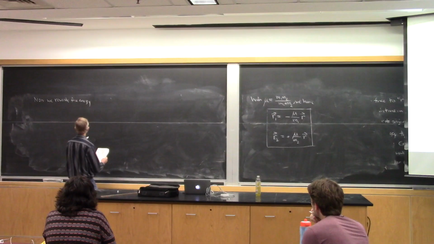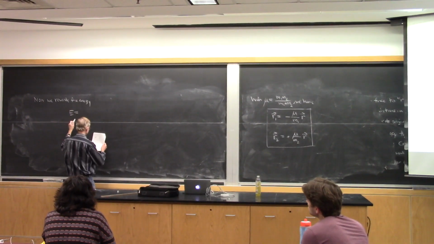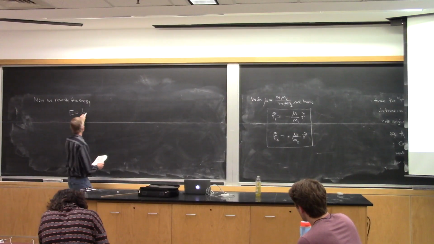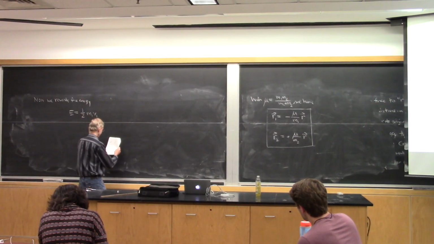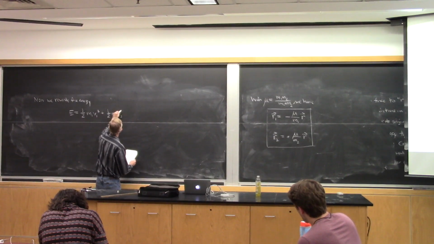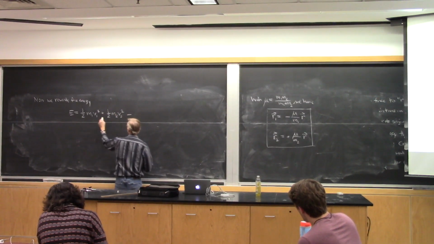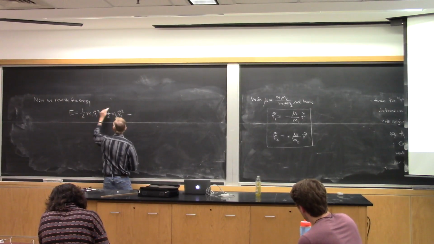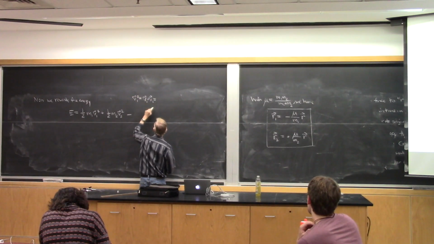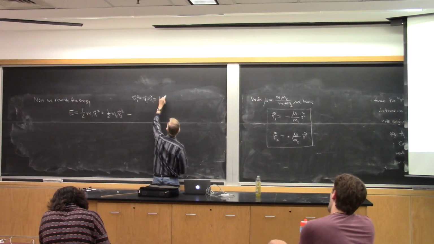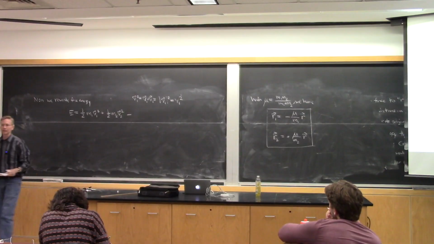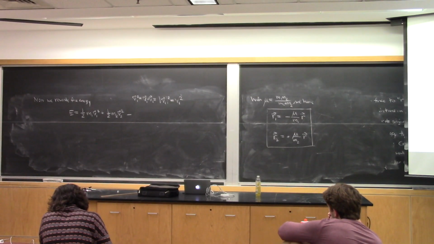So now we rewrite the energy. Capital E is the sum of the two kinetic energies, 1/2 m1 v1 squared plus 1/2 m2 v2 squared. And when I say something like v1 squared, that's v1 dot v1, which is the magnitude of v1 squared, which we will then just say is v1 squared. So sometimes I put a vector over it to emphasize this.